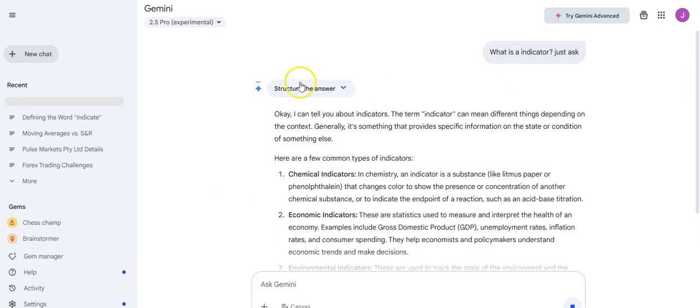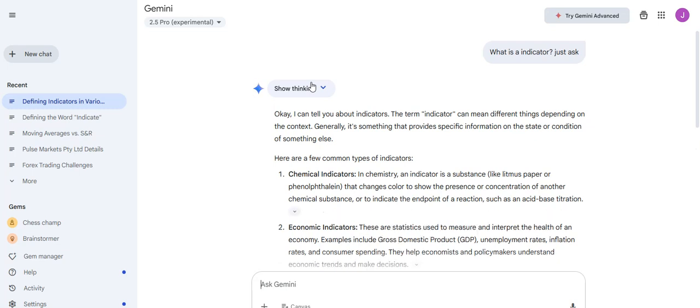Okay, it says, okay, I could tell you about indicators. The term indicator can mean different things depending on the context. Generally, it's something that provides specific information on the state or condition of something else. Here are a few common types of indicators. You got chemical indicators. In chemistry, an indicator is a substance or a litmus paper or a phenyl that changes colors to show the presence or the concentration of another chemical substance or to indicate the end point of the